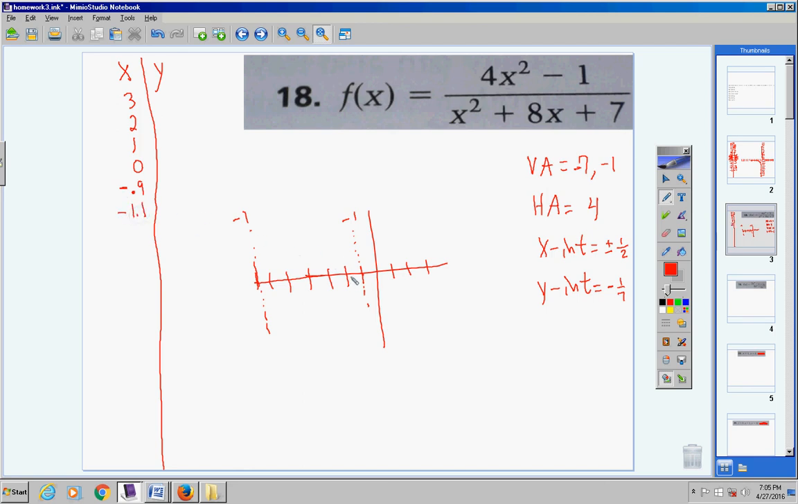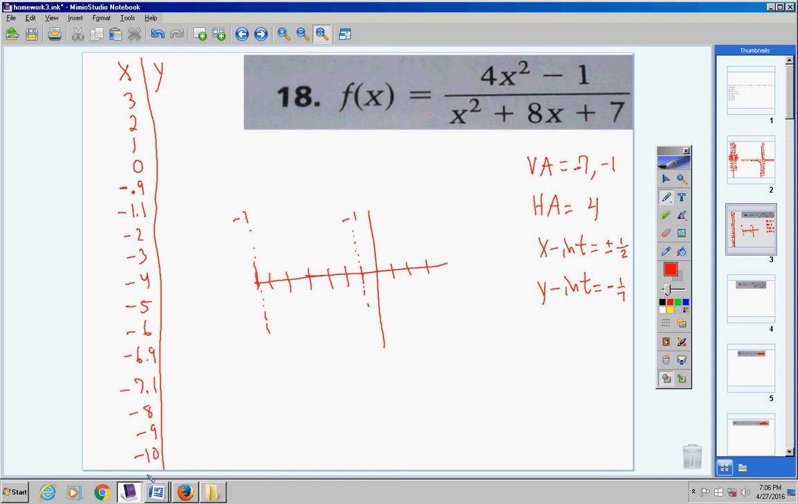And then negative 2, negative 3, negative 4, negative 5, negative 6. Now, I'm going to get real close to this asymptote, so negative 6.9, and then negative 7.1. And then go past the 7, so negative 8, negative 9, negative 10. And there we go. Now, that's a huge table of values, but that is what you have to do